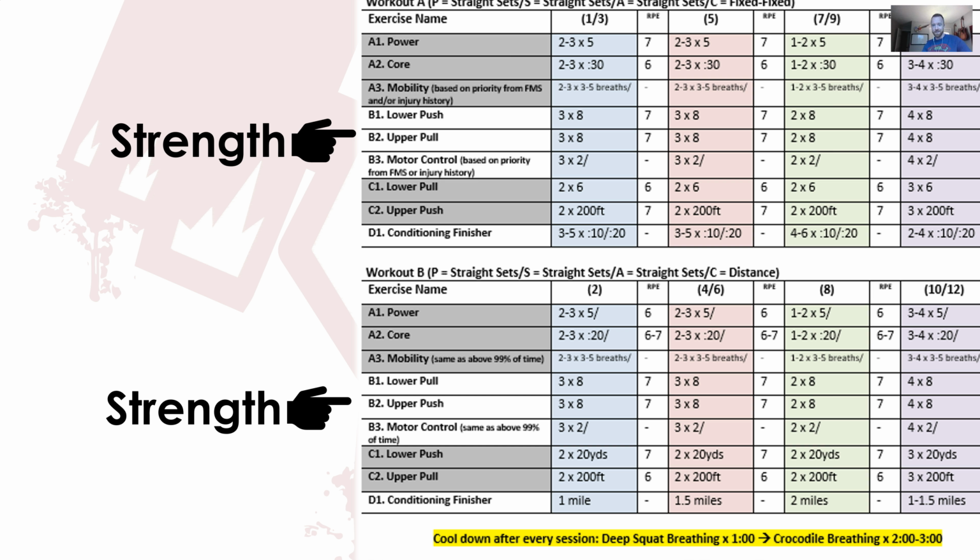Same thing. I started to say it, but with rest, we just moved through this again at a casual pace. Lower push, sure, maybe we shake things out for 30 seconds or so, then we go do whatever our upper pull is, shake things out for 15, 20, 25 seconds, 30 seconds, and then we go to our motor control drill, shake things out, casually stroll back on over to our lower push. Boom, we've completed 1 round. We're at the start of round number 2. They're moving pretty much continuously at a casual pace.